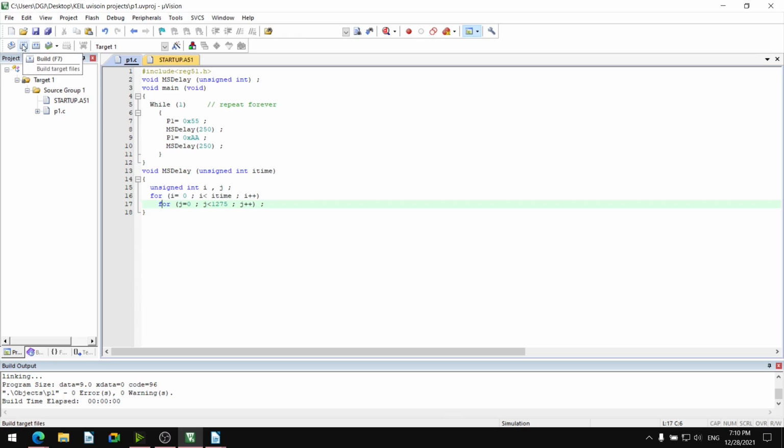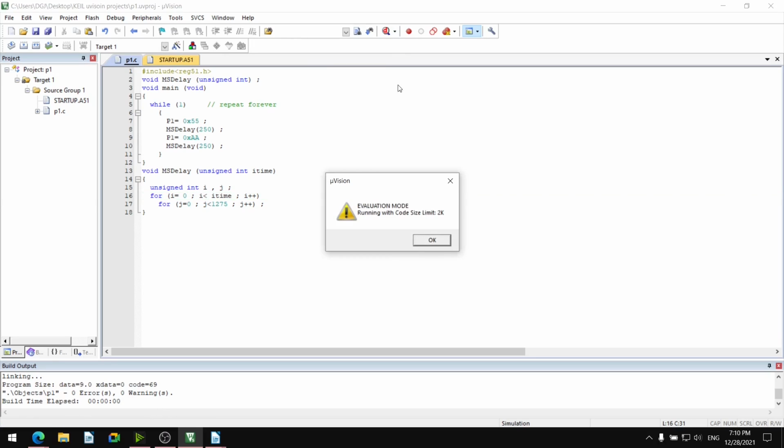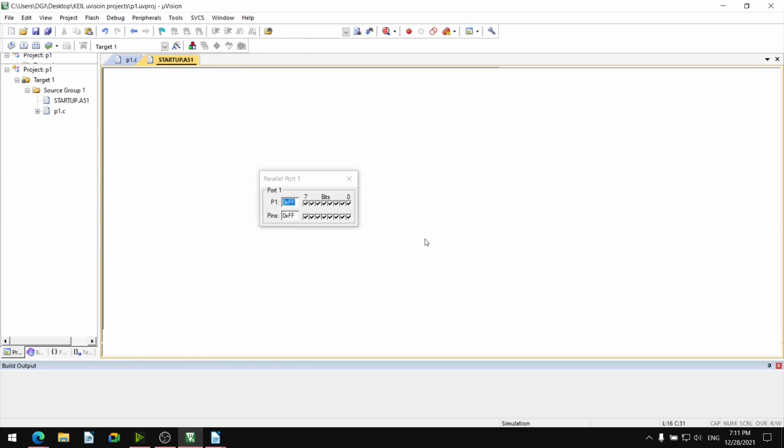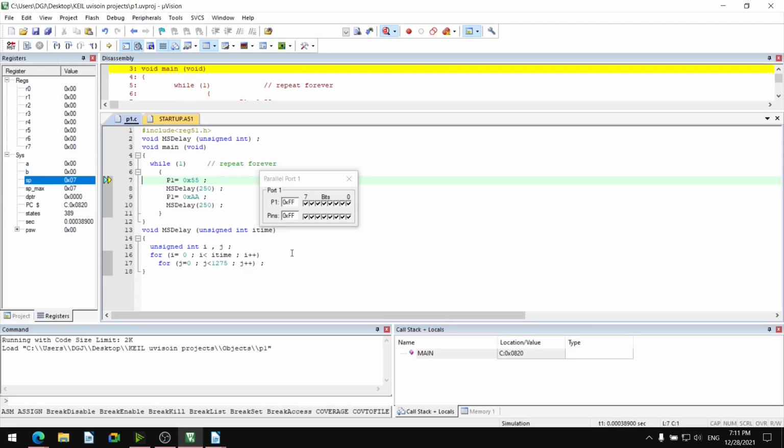So I saved the program. Okay, I saved the program. I build it, zero error, zero warning, and I start the debug session. So we are observing P1 port.